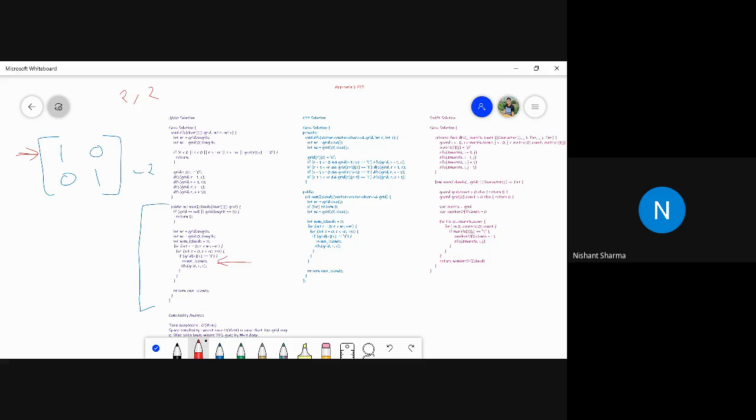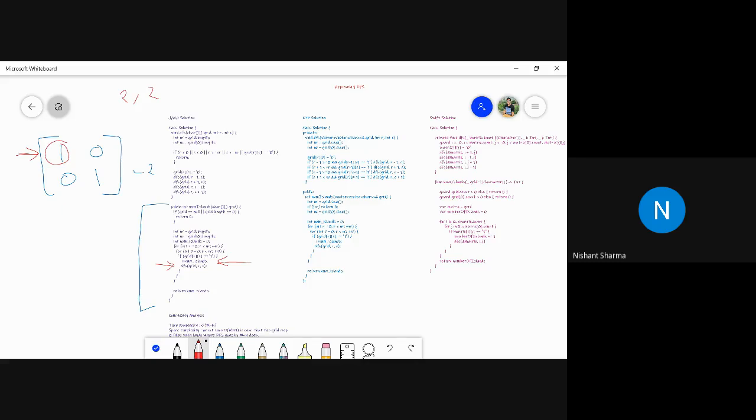Once we did this, we need to check whether there is any land which is either horizontally or vertically connected to this land. To check that, we will use either DFS or BFS. In this example, we use DFS. So we call the DFS method with 3 inputs: the 2D matrix, the current row and the current column. Now we will check the left node, the right node, the top node and the bottom node.